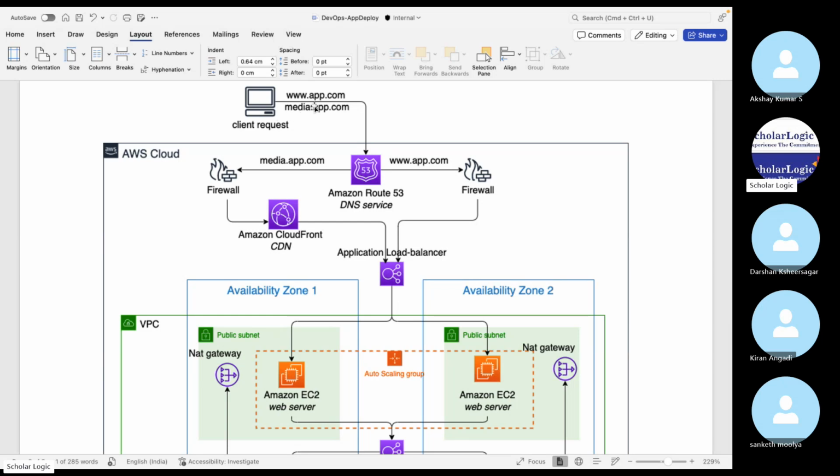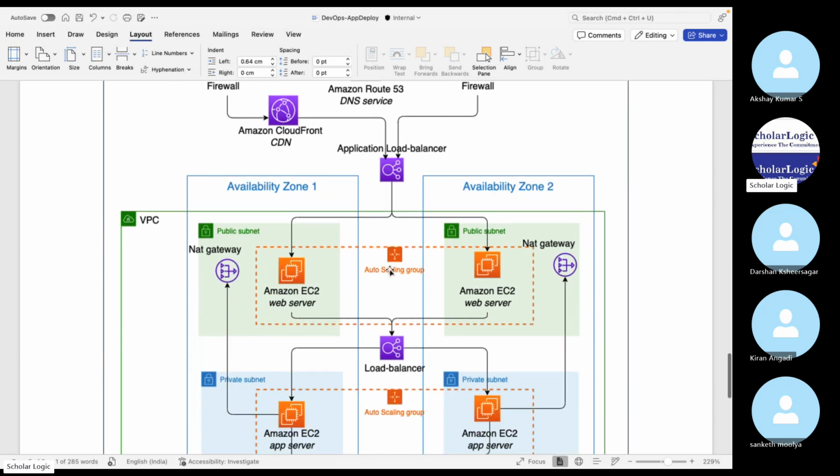So what you are trying to access is a name, maybe flipkart.com, and that has a Route 53 entry in Amazon, and that will internally connect to the load balancer, and that will have deployments like two EC2 instances, one in AZ1, another in AZ2, to make sure it is highly available. If you see availability zone 1, availability zone 2 like this, and then you distribute the application, it is called,